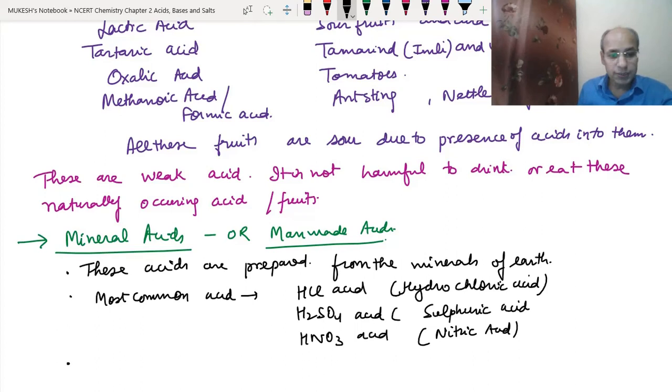These acids are normally formed in the concentrated form, and they are very harmful. Even their dilute solutions are very harmful. We cannot take their diluted solutions into the body. They will corrode our body. They will burn our body. I think most of us have heard about the crimes done in society by throwing acid on girls. That is bad for society. So we should be careful of these acids. We should handle these acids with care.